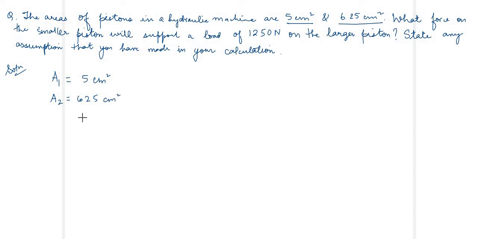We don't have to again change the units to meter square because ultimately we will be cancelling, because A1 upon A2 या फिर A2 upon A1 ऐसे ही हम लिखेंगे, तो रेशियो ही करना है ना एरियाज का, तो कट जाएगा, तो हमें चेंज करने की जरूरत नहीं है। What force on the smaller piston? हमें स्मॉलर पिस्टन का फोर्स निकालना है, मींस F1 is a question mark. Will support a load of 1250 Newton on the larger piston, तो ये लार्जर पिस्टन का फोर्स बताया गया है, F2।